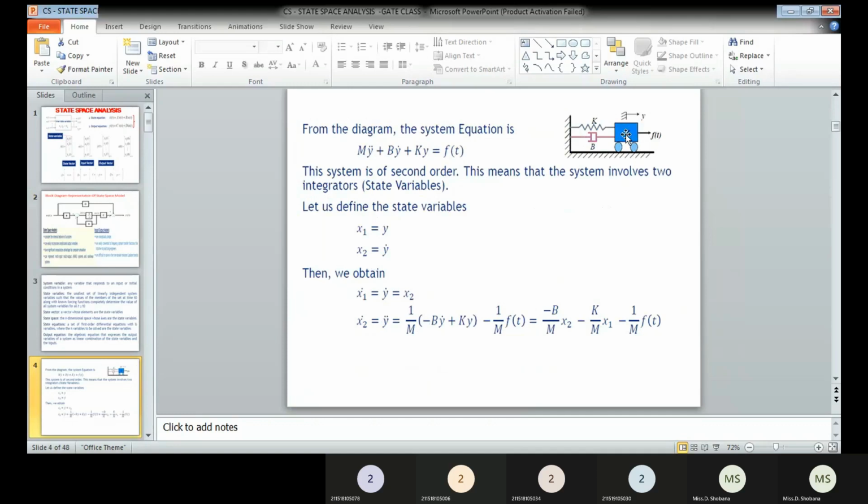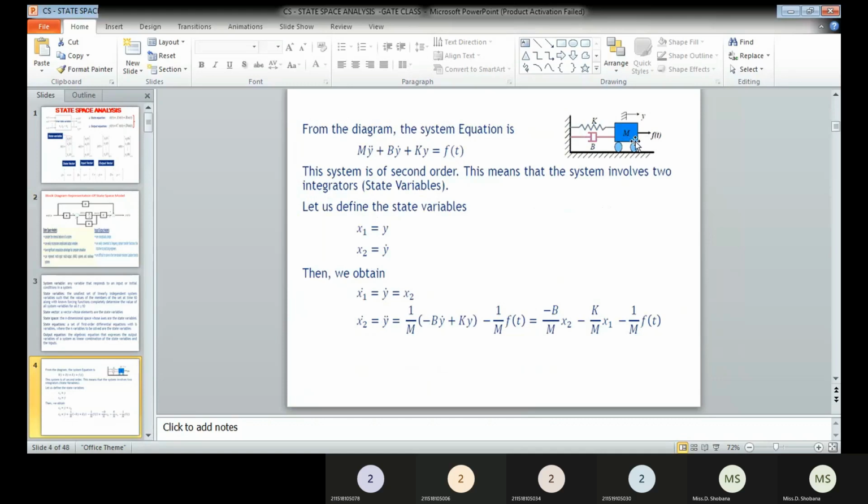So this mass will be producing the opposing force. Therefore, by using a force balance equation, we can write the differential equation. Here we have the force balance equation for the mass, with input f of t. The opposing force for the mass will be m into a, where a is nothing but your acceleration.